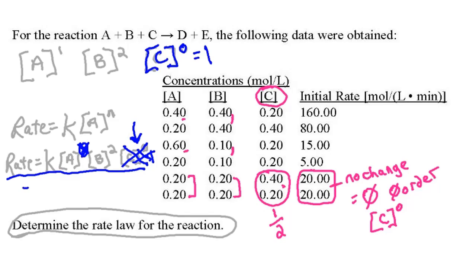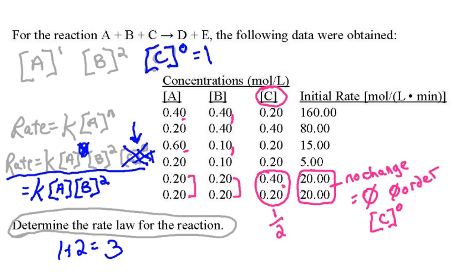So that means the rate law of this reaction is going to be K times the concentration of A times the concentration of B to the second power. And if you add these up, 2 plus 1, we have the 1 from the concentration of A that we didn't write down, plus the 2 from the concentration of B, because that's in the second order,